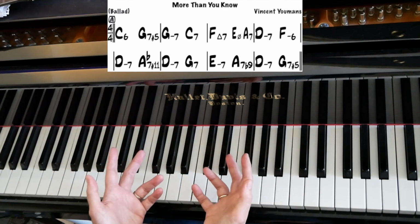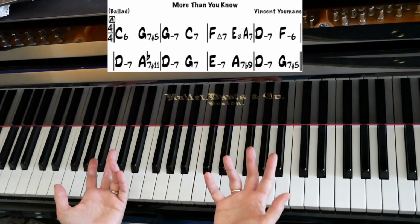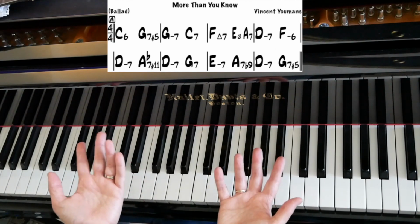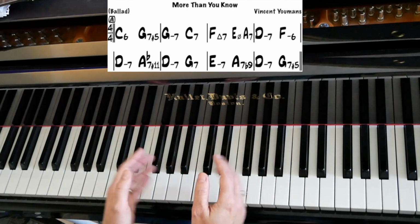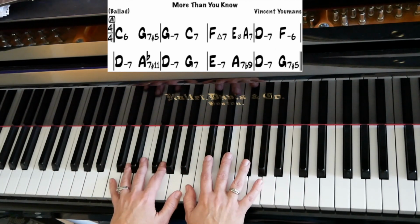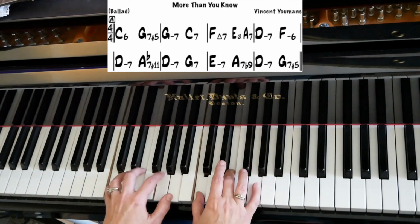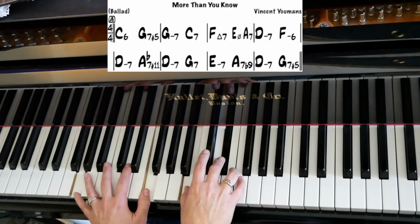Now sometimes as musicians, at least for myself, I tend to have this kind of OCD. I might make a video about it in the future because it's definitely there. But sometimes if I have an idea, like if I have the idea that I'd like to descend, more than you know,